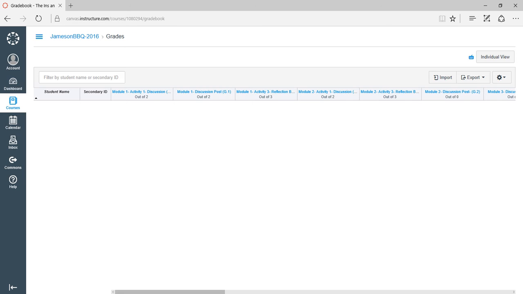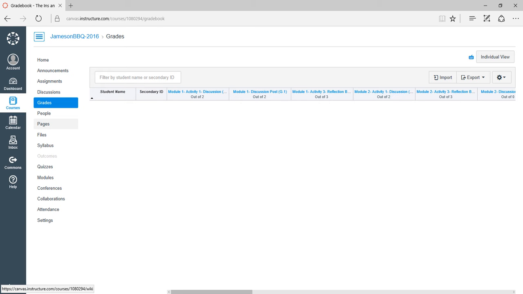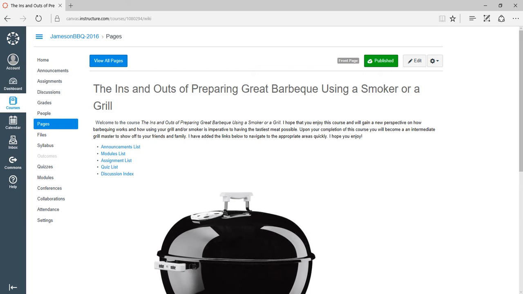This is my grades page. Obviously, I'm not going to have anything on that as of right now. I don't really have any people there yet. My pages, I've only created one page. It's my home page. I haven't found a need for more yet because I'm creating assignments. As far as my overview, I suppose I could have created overview pages instead of using the assignment